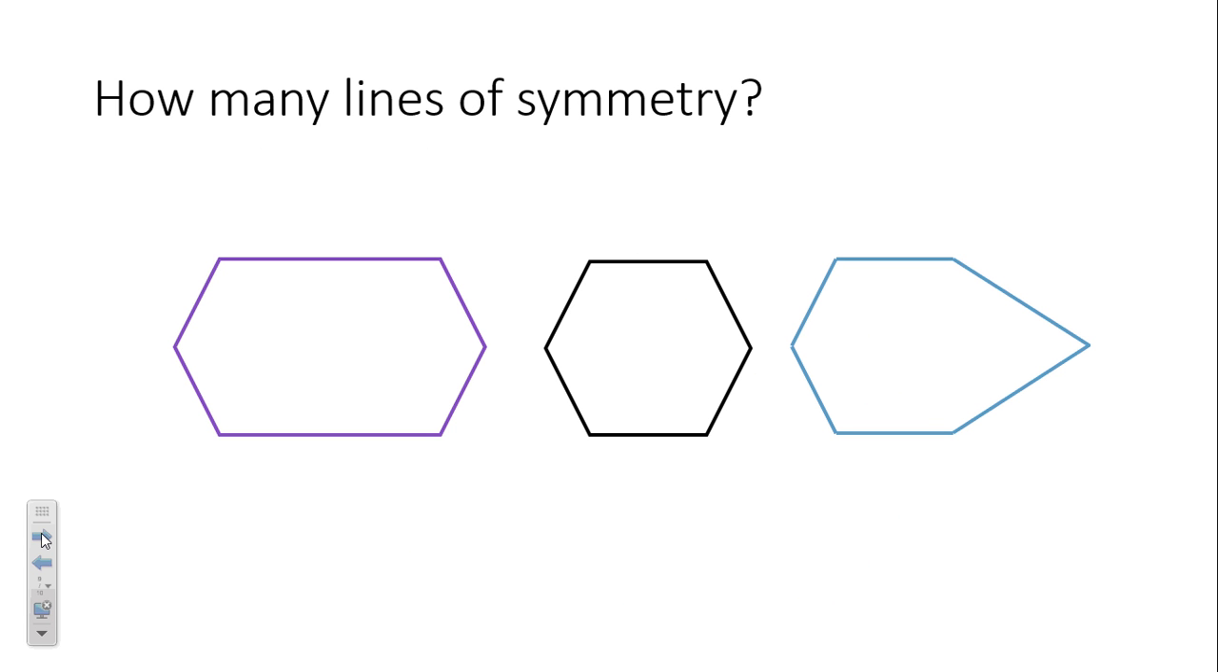So last one. I have some different figures, some polygons embedded in your drawing. And I want to know how many lines of symmetry we have. Lines of symmetry. In other words, how many ways can we cut those and have the same thing on either side? How many mirror lines can we put in there? Lines of reflection. So if we look at this first one,